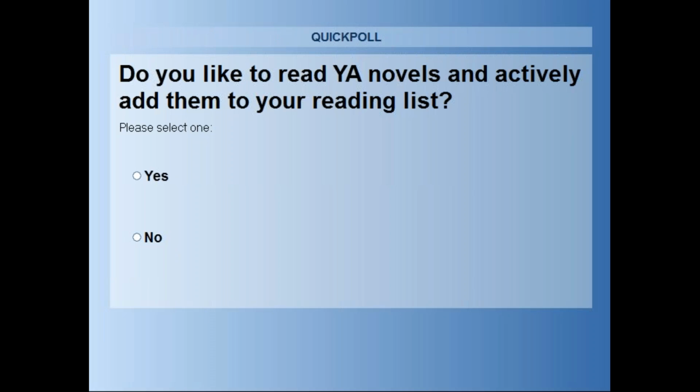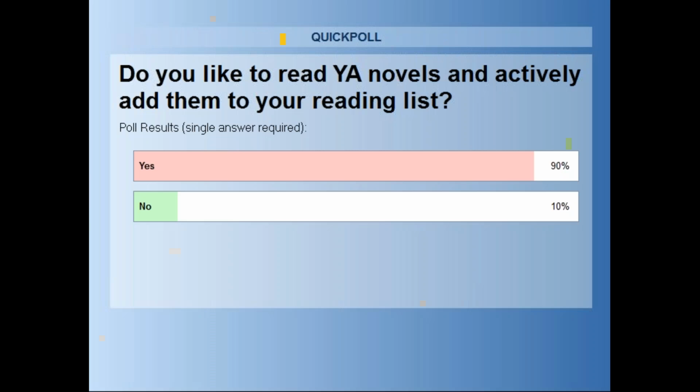We've already had about 75% vote, so I'm going to go ahead and close that out and show everybody the results. And overwhelmingly, 90% of the attendees do like to read YA and have them on the reading list. Well, that's fantastic.